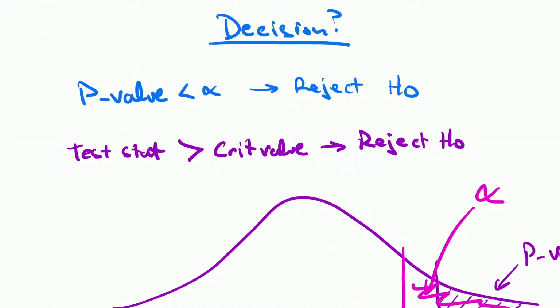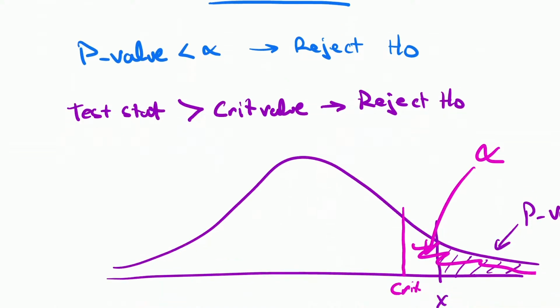Let me write this down so that I understand. So what if the critical value is bigger than the test statistic? Is it the same as that, or would it have to be less than or equal to? Wait, aren't these the same thing? You were asking, would you still reject the null hypothesis? Oh, yeah. These are the same thing. And so if you prefer thinking of it this way,